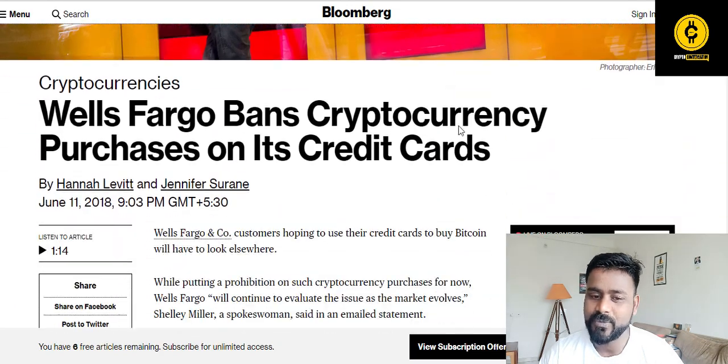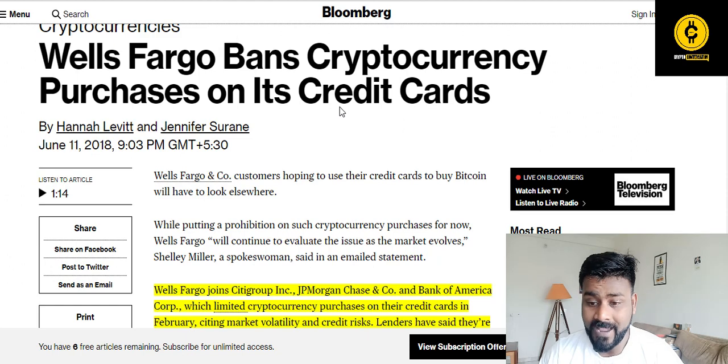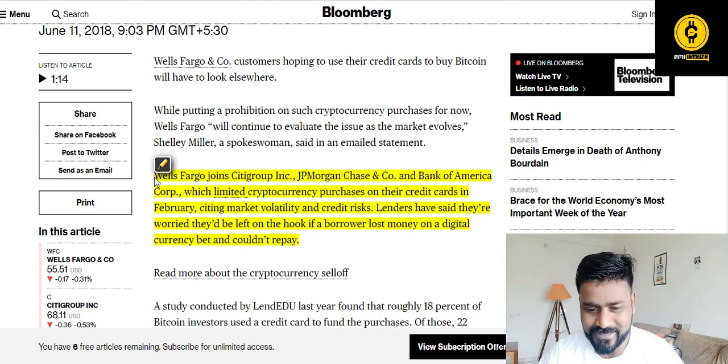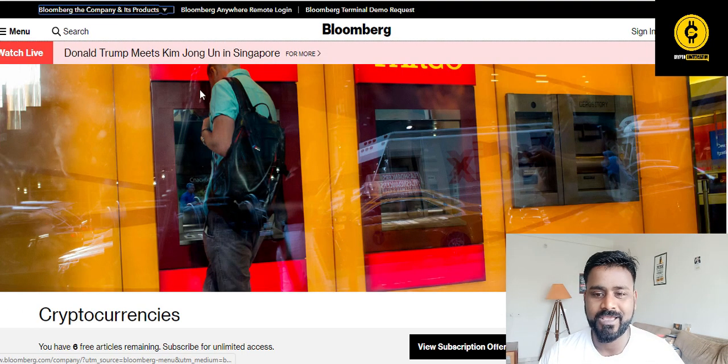The next one I'll cover is Wells Fargo, which has banned all cryptocurrency purchases from credit cards. This is basically an American bank, I believe, and they only ban the credit cards, not the bank account. So now they are in the same group as JP Morgan, Citigroup, and Bank of America. These are the banks which do not allow their customers to use their credit cards for buying cryptocurrencies, and the reason they give is that cryptocurrencies are volatile and you may not be able to pay back the dues,